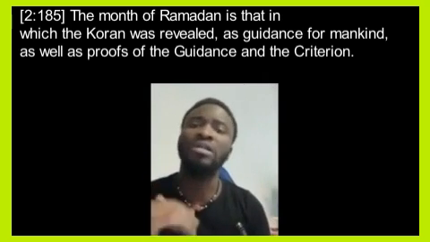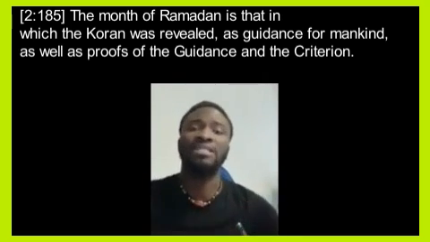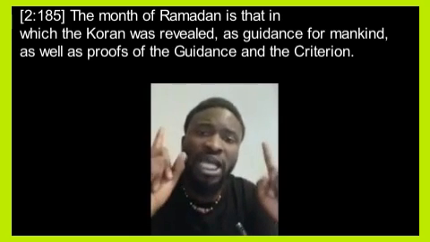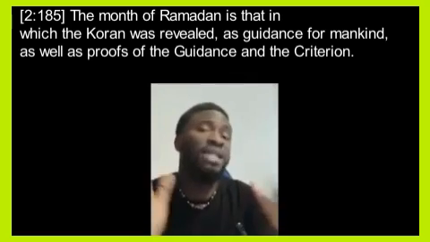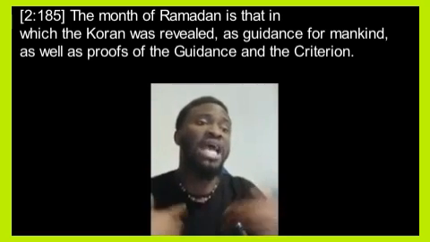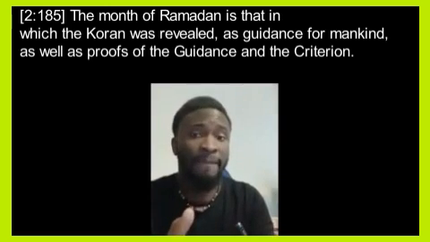So the Quran wasn't revealed as guidance for the Arabs alone. It is guidance for an-nas, mankind in general. So not only Arabians have a license to the book. No, no, no. No Arabian can stand in front of me, Shoaib Abdullah, and say they have the rights to the book. It's a lie.